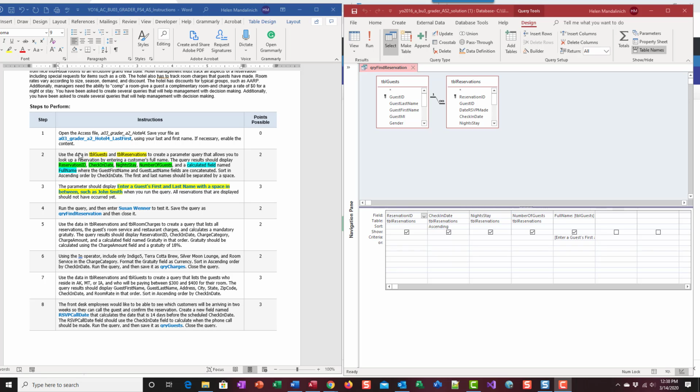So let's start by reading the step number 2. It says, use the data in table guests and table reservations. So I began by doing a create query in query design, and I added guests and reservation tables. We're going to create a parameter query that allows you to look up a reservation by entering a customer's full name. The query result should display reservation ID, check-in date, night stay, number of guests, and then a calculated field